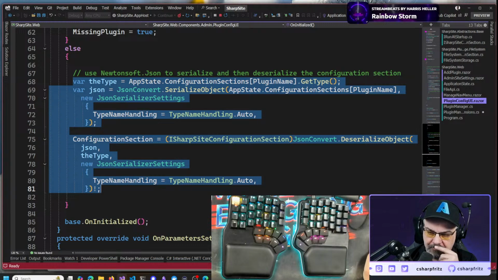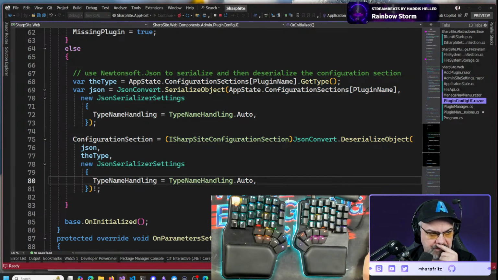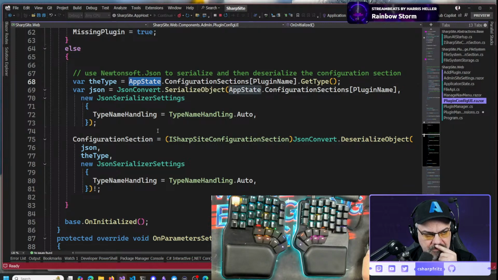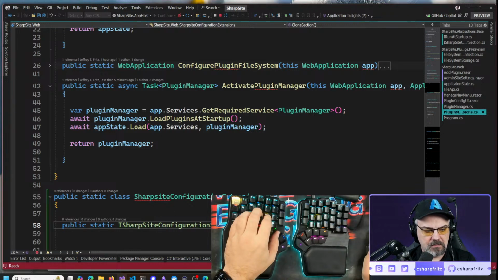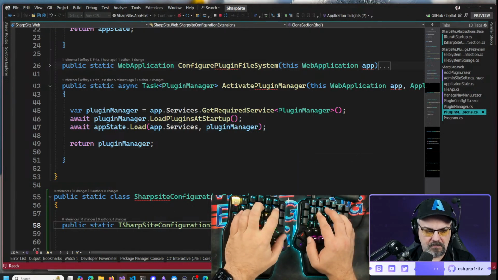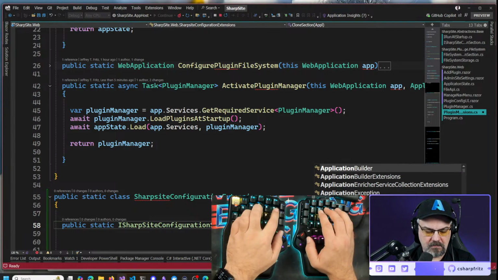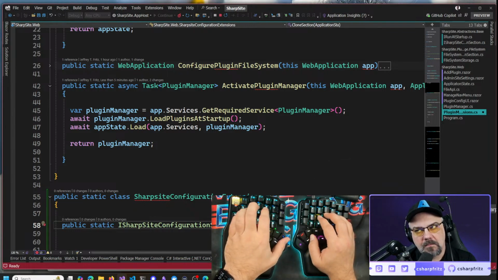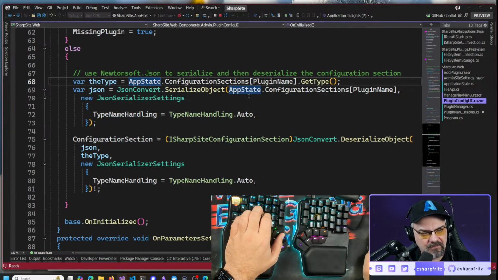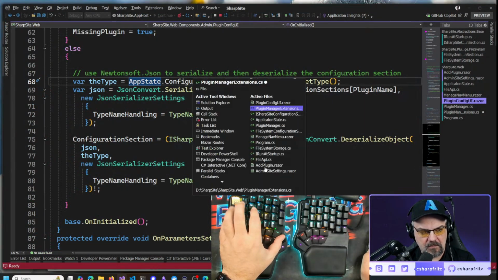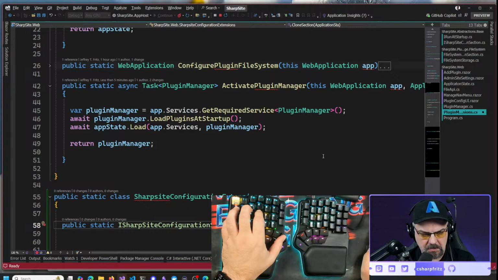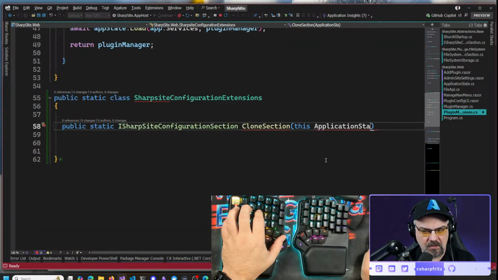You found the talk? Cool. Cool. I could hang it off of application state. Do I need to hang it off of application state? Or do I hang it just off of the configuration section? If I hang it off of configuration section, will the get type return